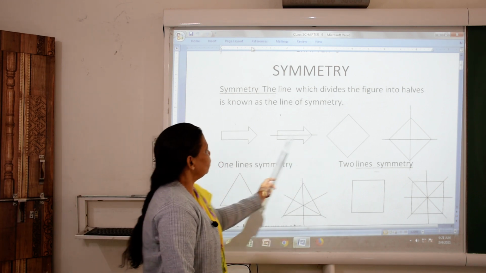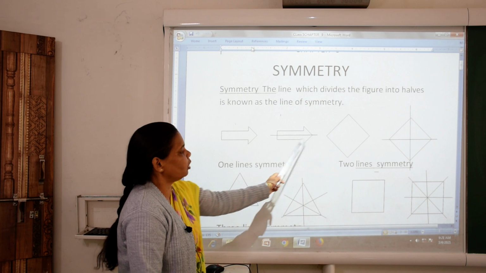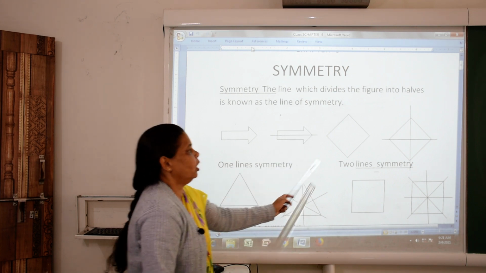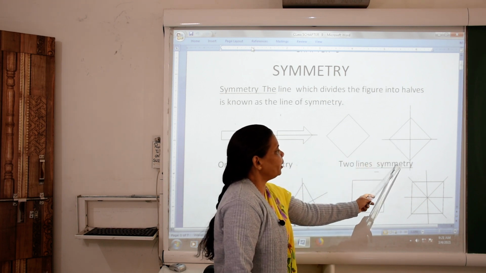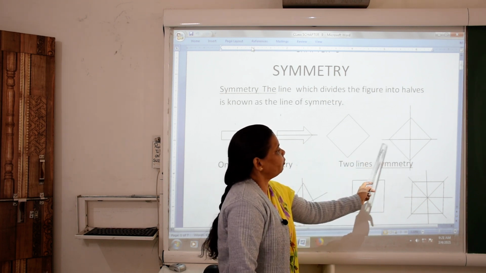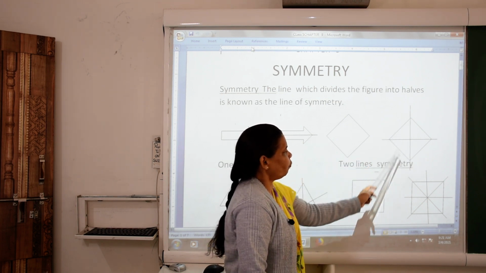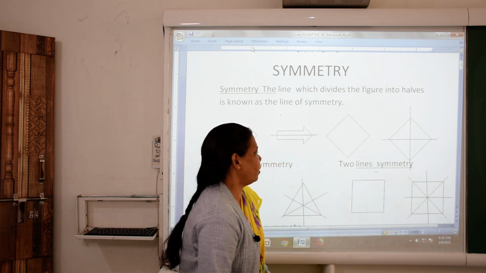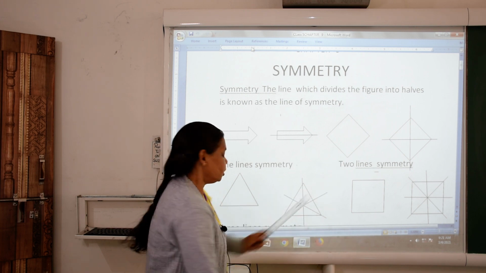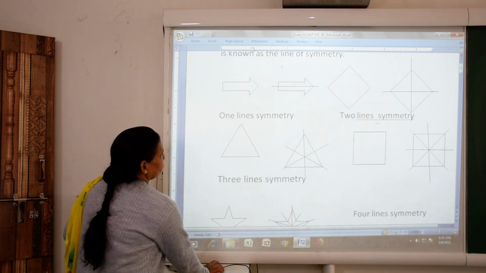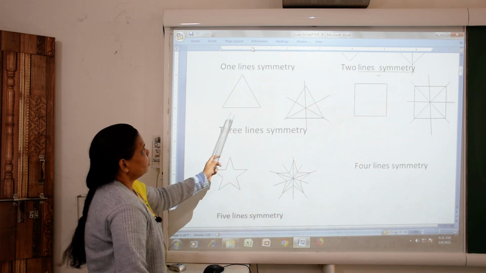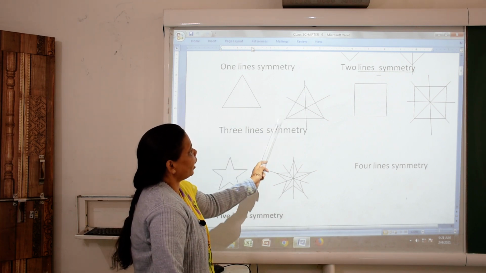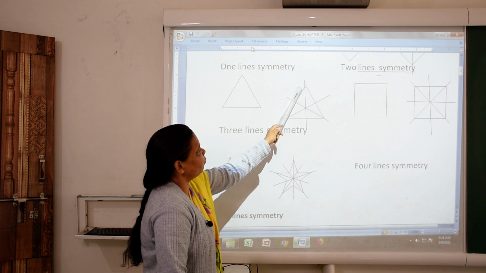So here this is one line of symmetry, here only one symmetry line divides this figure into two equal parts, and here two lines of symmetry, one horizontal and one vertical line. This divides the figure into two equal parts. Two lines of symmetry are here, and this equilateral triangle has three lines of symmetry, one here and one this line and one this line, 1, 2